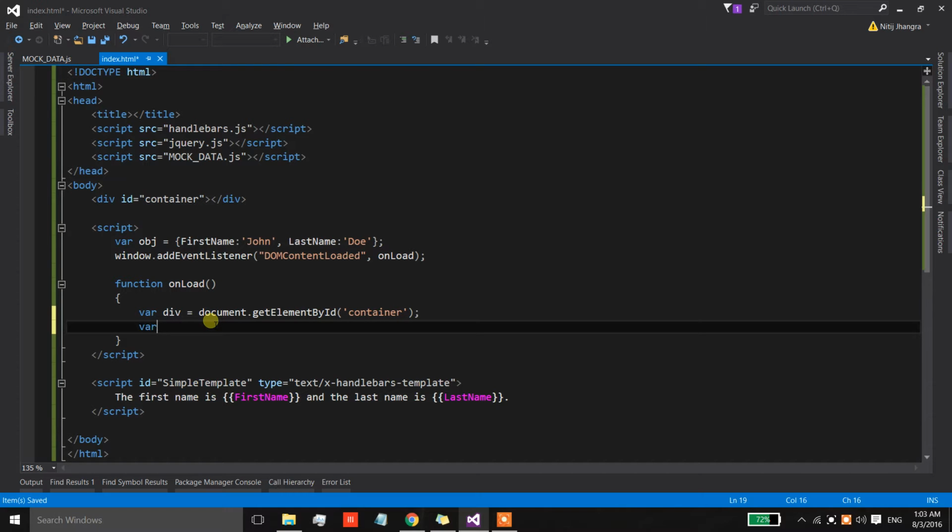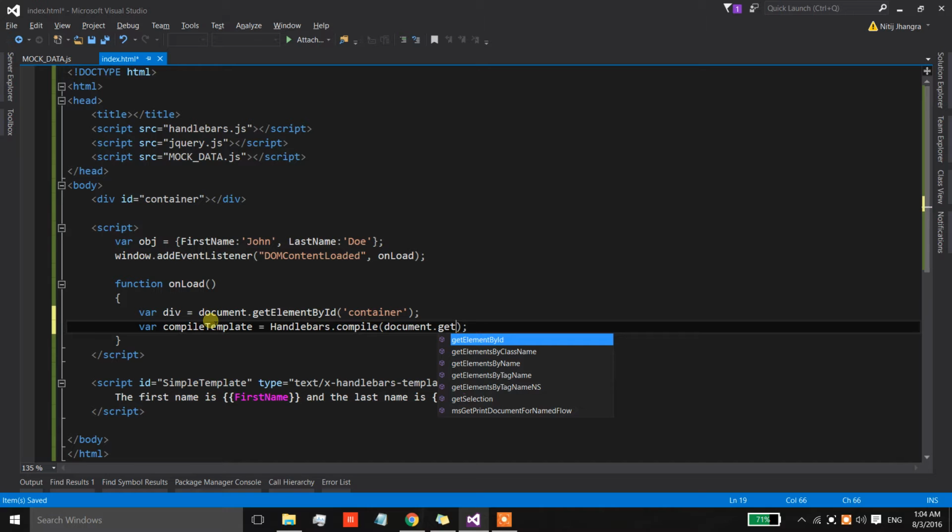To do that, first we need to compile the template, and to do that we have to use the Handlebars templating engine. There is a method in Handlebars called compile, and the compile method simply returns a function which will accept an argument of the input information which we want to combine with the template. The compile function accepts the argument of the template text. So to get the template text, we simply have to first get the reference of the script tag which contains the template using its ID,